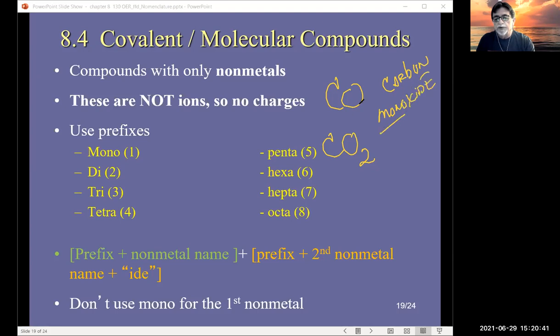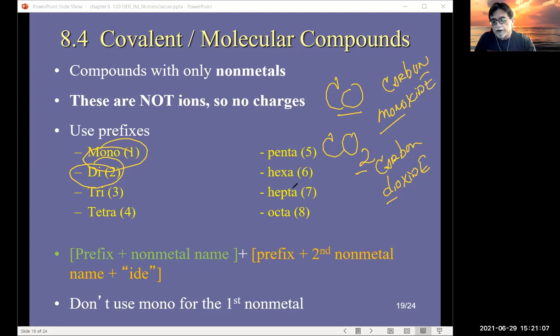Notice we use the prefix mono to designate one oxygen, compared to the second one, which is called carbon dioxide. We use the prefix di to designate 2. There's di, and mono. And so the second nonmetal, if it's by itself, we have to incorporate the word